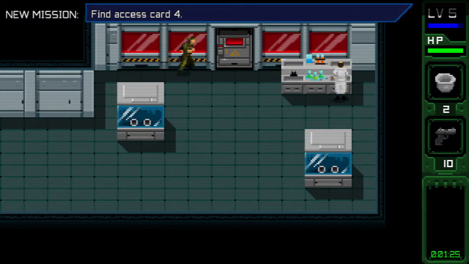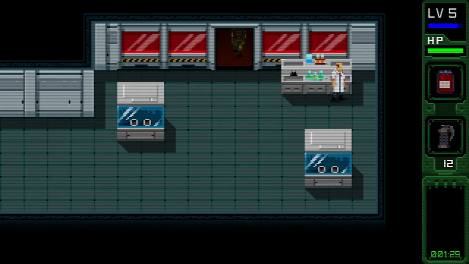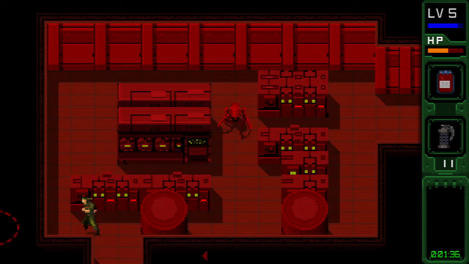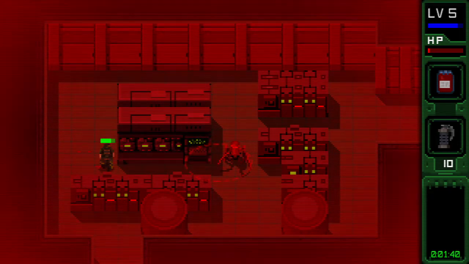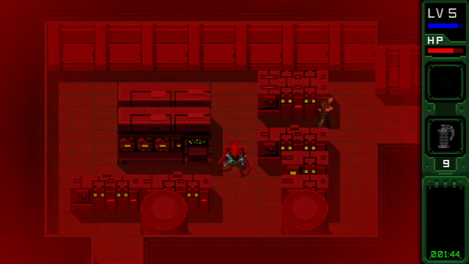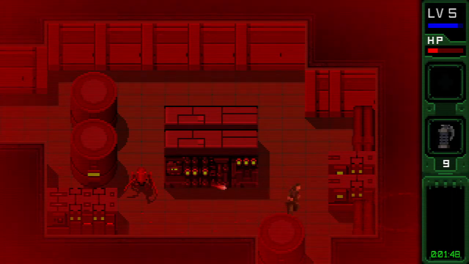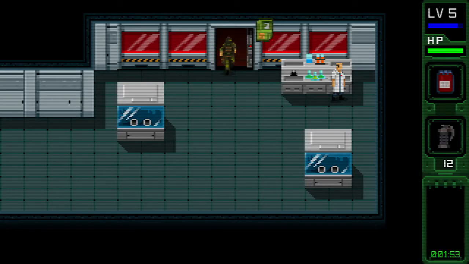So I'm going to use a potty here just in case I screw up, since this room with the spider bots is pretty perilous. You don't really know what kind of pattern you're going to get. So see, I'm too low because of the spider bot. I barely got it. And see, I knew I did not have enough health to get out because I got